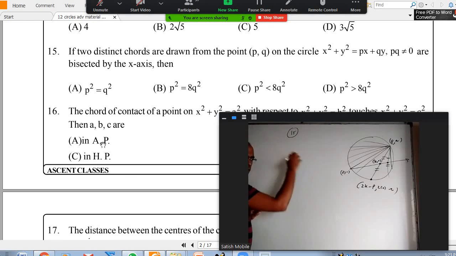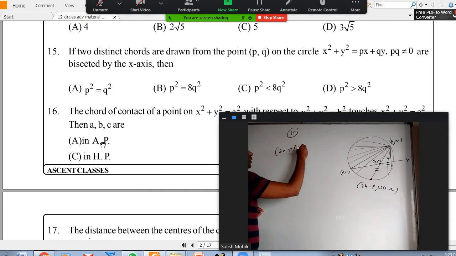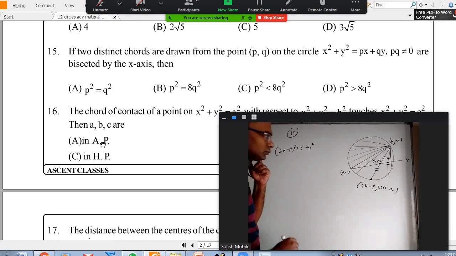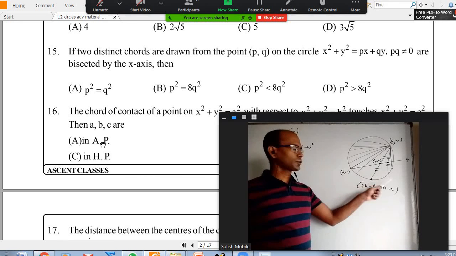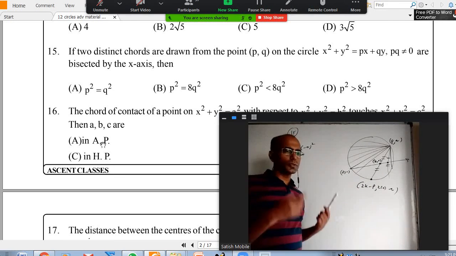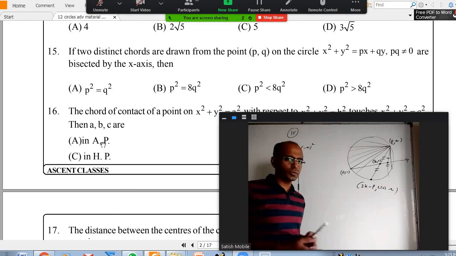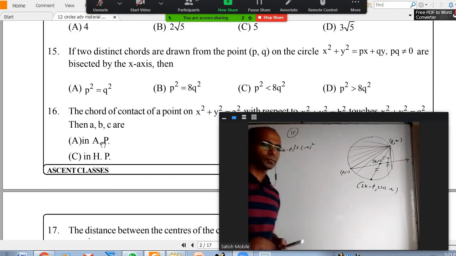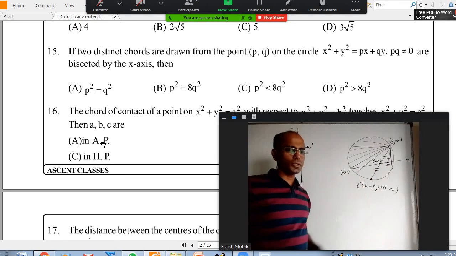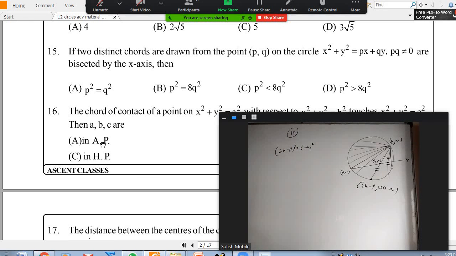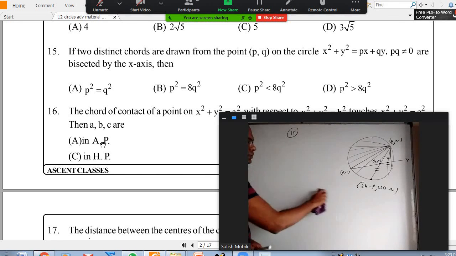So when you put this in the circle, we'll get 2k minus p whole square plus minus q whole square. In fact, why all that? Almost the same. Here the y coordinate is 0, which means here the y coordinate should be minus q. On this circle, there should be 2 points with y coordinate minus q. Simply put y as minus q, we'll get a quadratic equation. For that quadratic equation, the roots should be distinct. That is also sufficient. I don't have to do this much. Here the y coordinate is q, here it is 0, here it should be minus q. Simply put y equal to minus q and do it. Almost the same only we are doing. Maybe that is easier. I can just say that without writing this much.